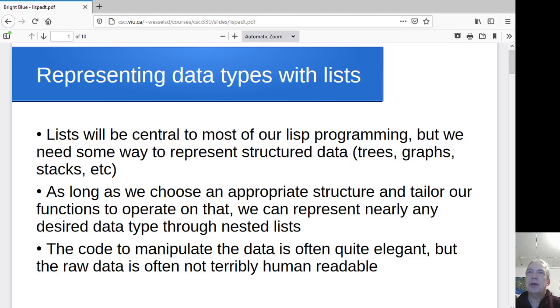Hey folks. Okay, this time I want to get into looking at representing more complex data types using our lists. So if you've got a tree that you want to represent, or a graph, or a stack, or whatever it might be, and our core compound data type is a list, how do we go about representing it? First off, this is where the dynamic data types come in really handy, because our list elements